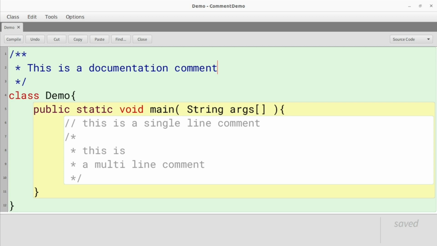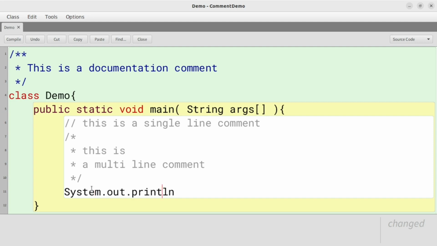So, if I use a Unicode escape which is illegal, then the program will not compile even if it is inside a comment. Let us understand this with the help of an example. Suppose I want to display a character using Unicode escape. So I'll say system.out.println and then within the parenthesis, I'll give the Unicode for the character I want. So let's say I want to display A.